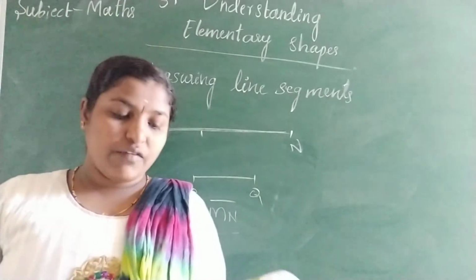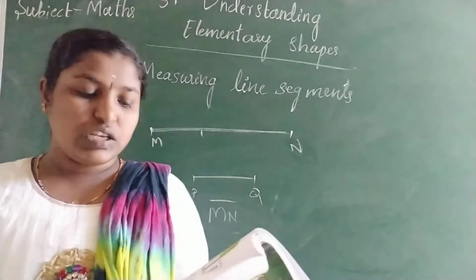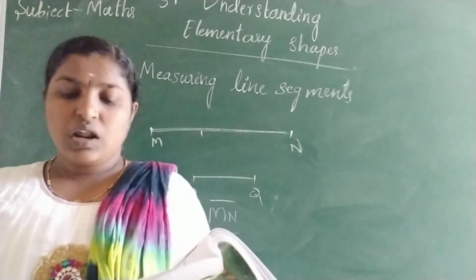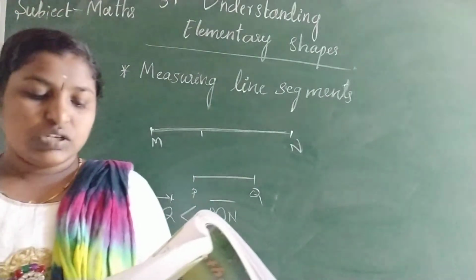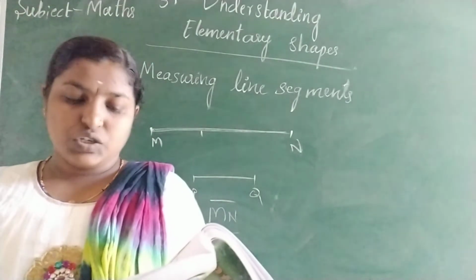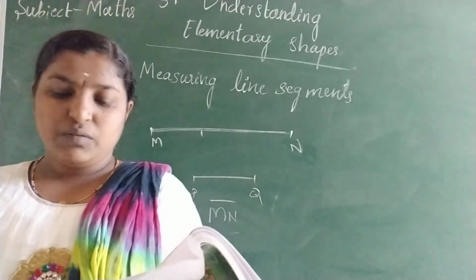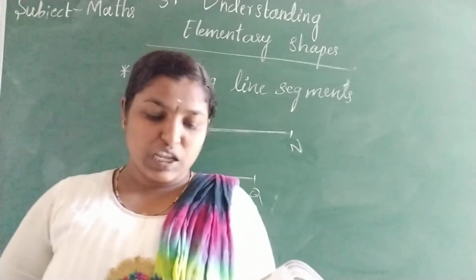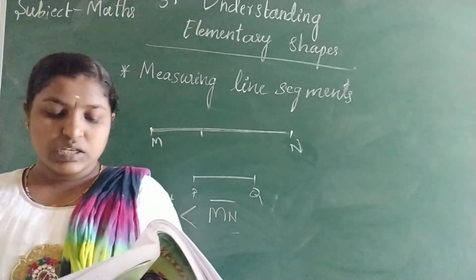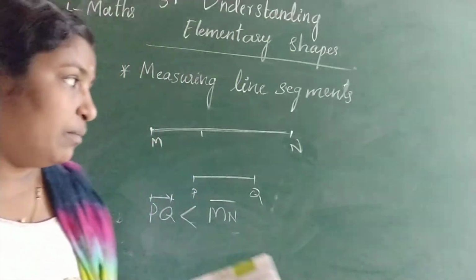Page number 87. Have you seen or can you recognize all the instruments in your instrument box? Among other things, you have a ruler and a divider. Note how the ruler is marked along one of its edges. It is divided into 15 parts. Each of these 15 parts is of length 1 centimeter. Each centimeter is divided into 10 subparts. Each subpart of the division of the centimeter is 1 millimeter.